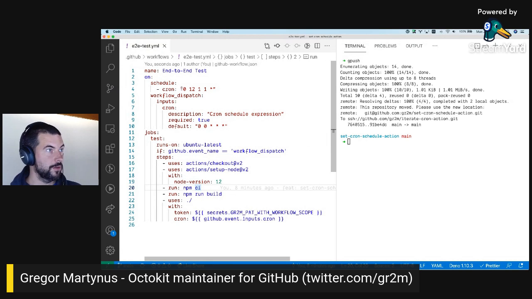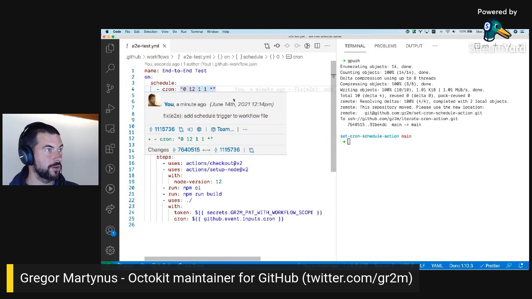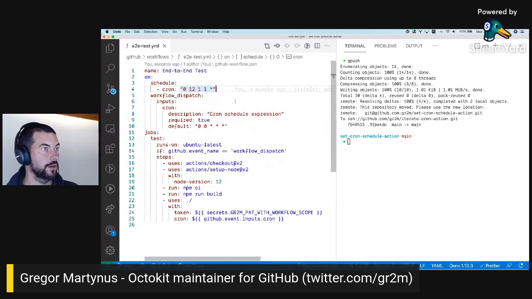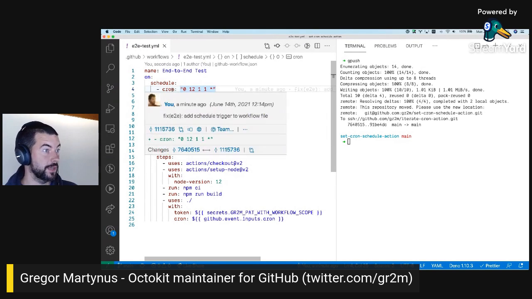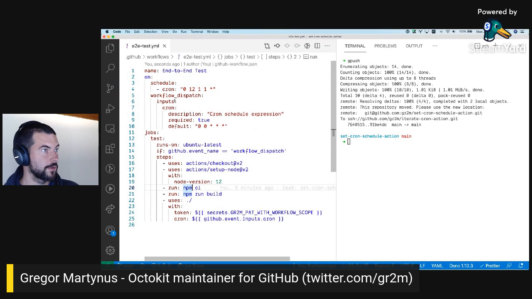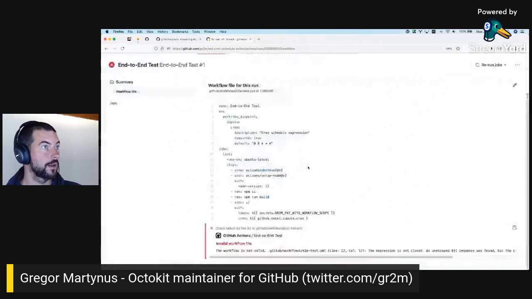All right, so now no matter what we set in the cron triggers, it will never be triggered by it. And when I use the workflow dispatch trigger, it will be triggered and it runs my action with whatever I set in the input. So let's try this again.